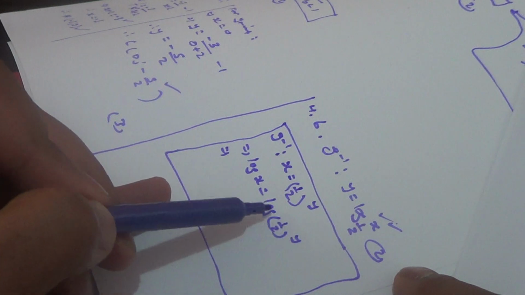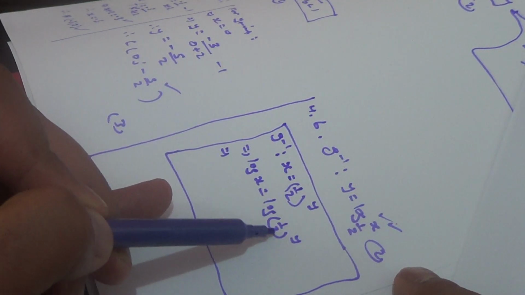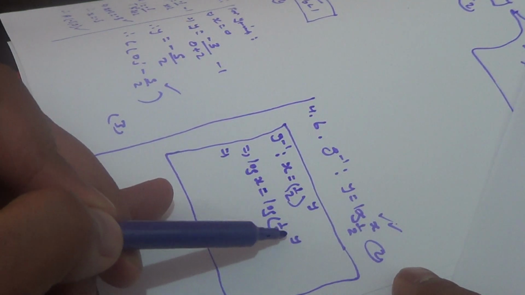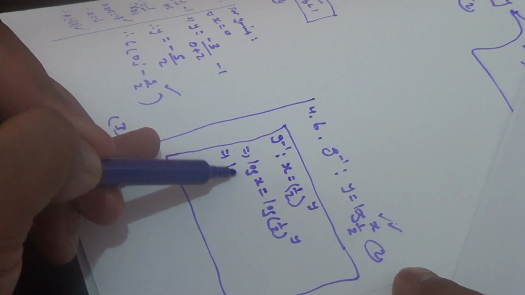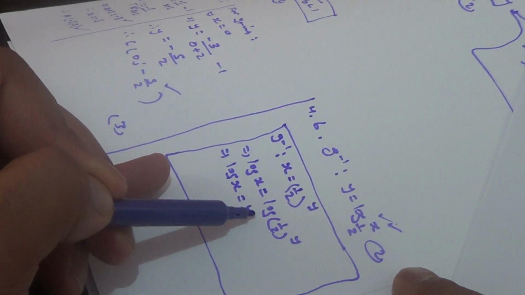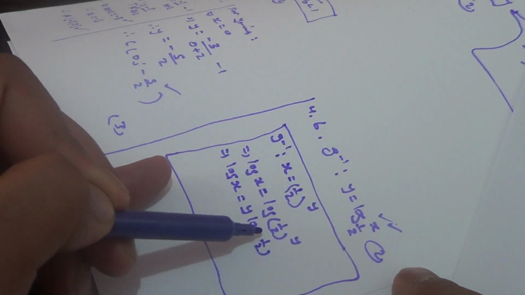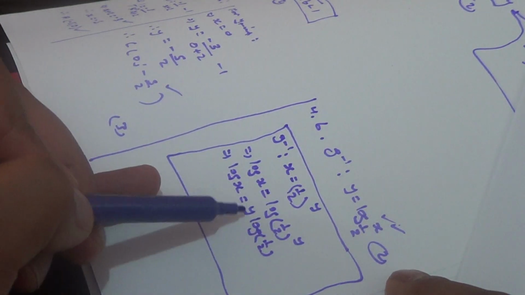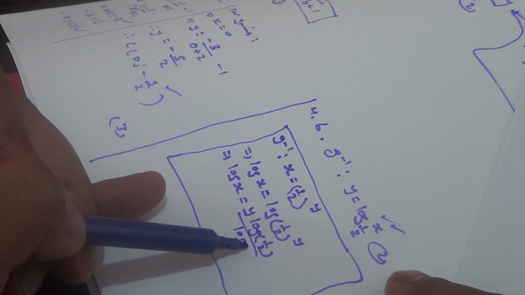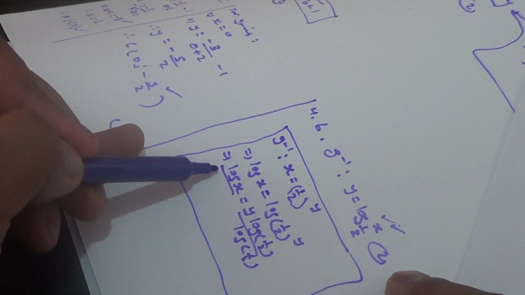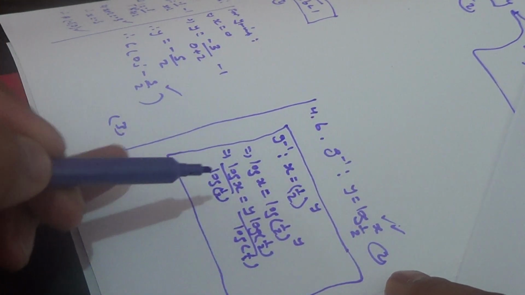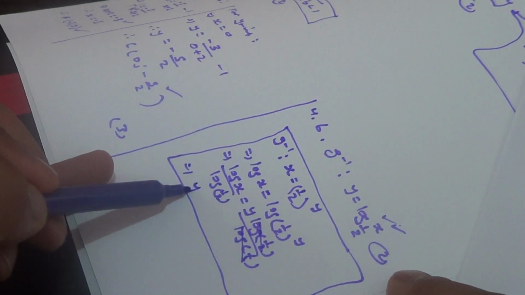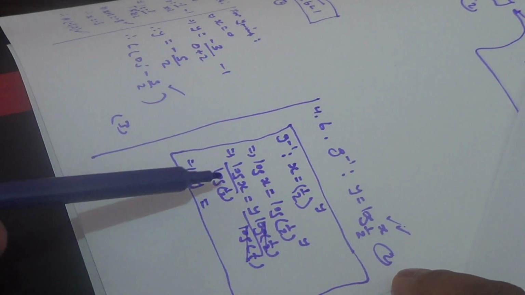This also implies, now logarithmic rules say if you have a log of a number to a particular exponent, the exponent essentially multiplies that whole expression. So we have log x equals y log of a half. So this is what it tells us. And then to eliminate this log of a half, we just divide throughout by log of that half. Okay, then this one goes, and this now implies that our y equals,